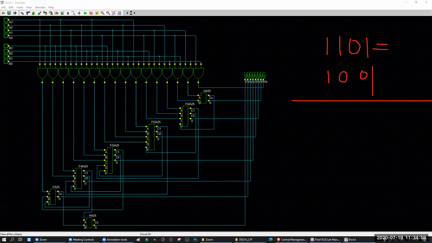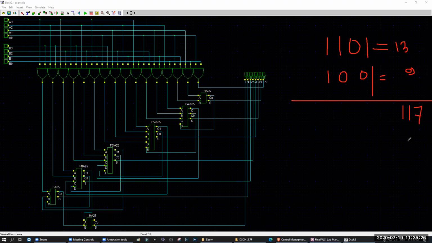You know how much? It's 13, right? 1101 is 13 in decimal. 1001 is 9. So if you multiply 13 and 9, your result is 117 in decimal.